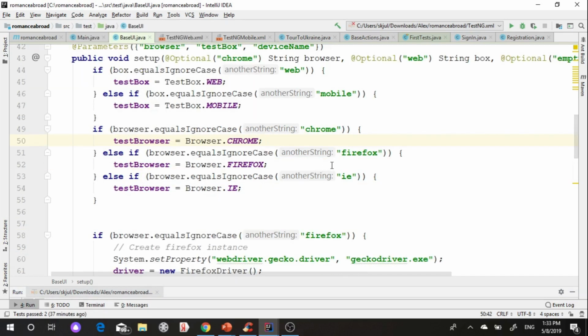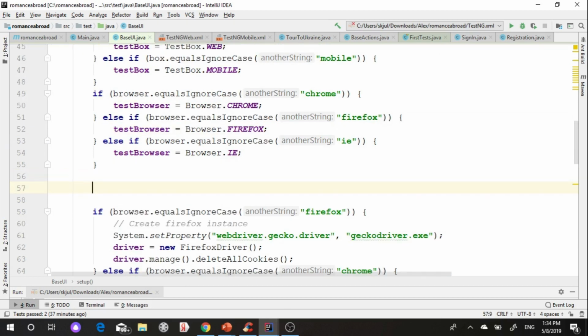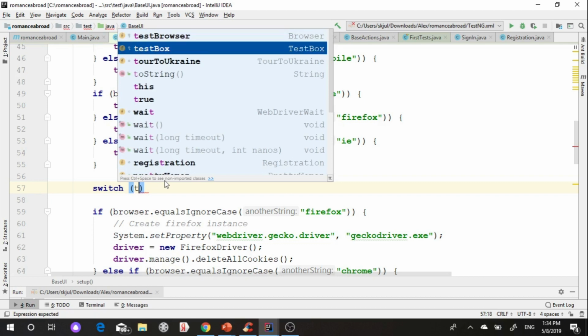We already have 3 conditions for 3 browsers and 1 for mobile Chrome. We can add these browser settings inside a switch for test box